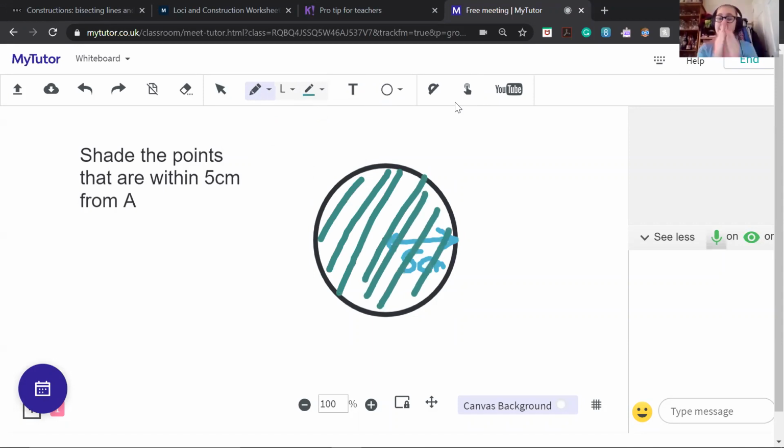Because that means it's everything up to 5 centimeters away. Anything outside the circle is going to be more than 5 centimeters away, whereas everything inside will be within that 5 centimeters. Okay. So sometimes if this is in a word question, it will be something like, I'll